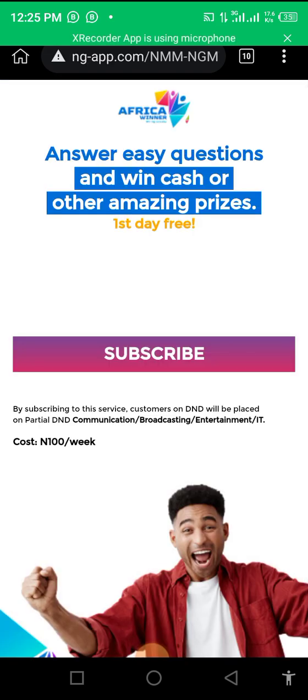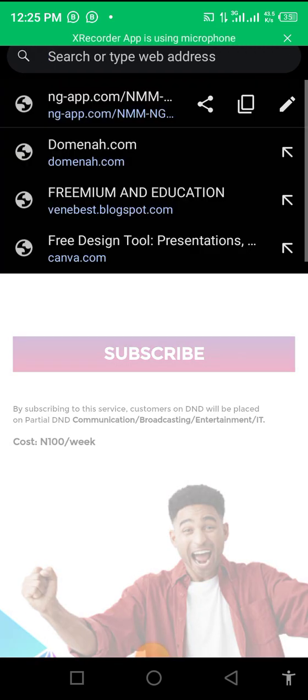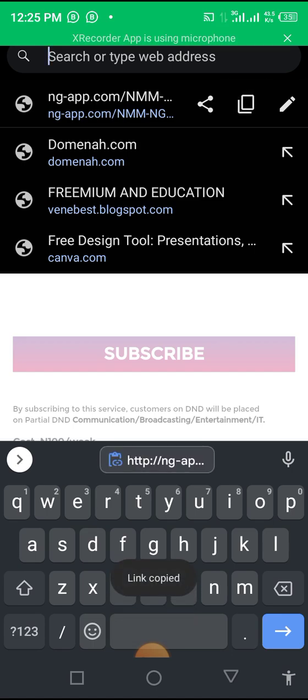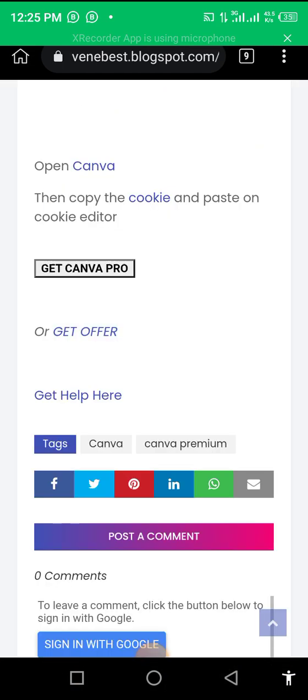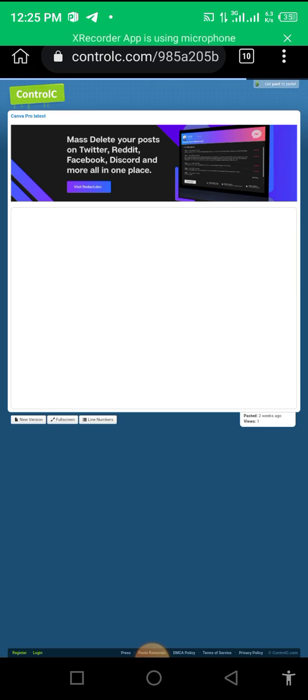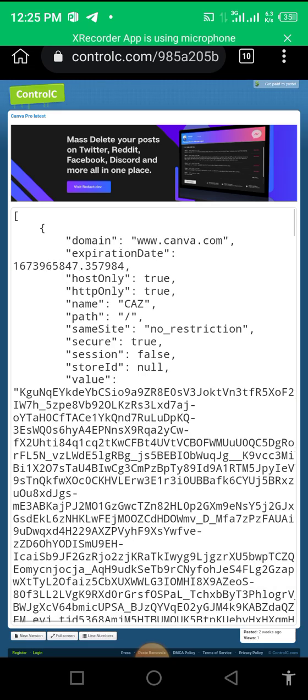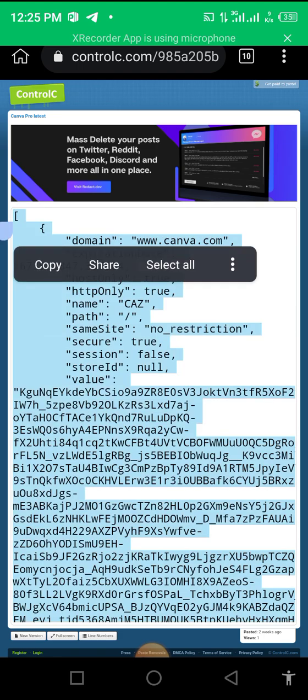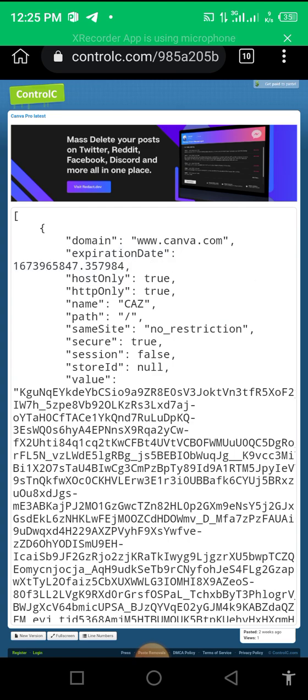and then you wait for some seconds, you copy the link, and then you click on Get Canva, then you copy and paste, you say okay. Alright, you allow the link to load properly, after which you copy all, and you copy all, then you go to